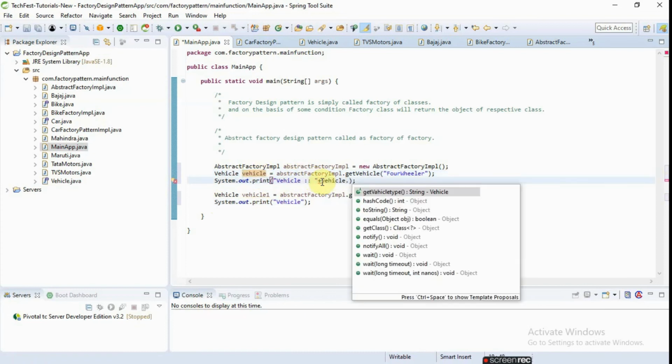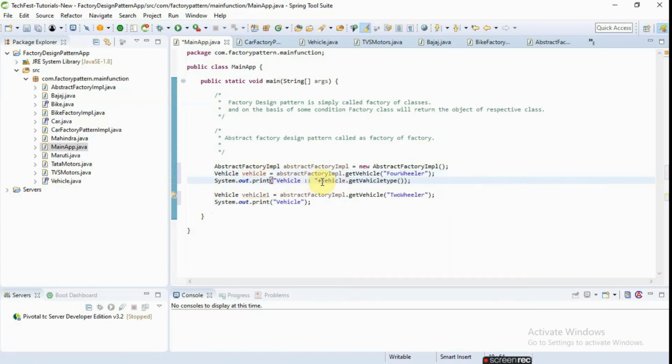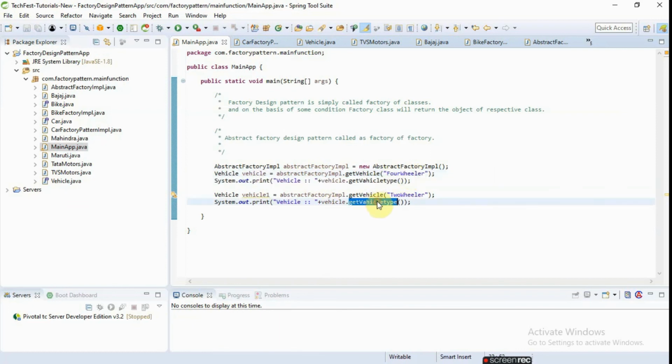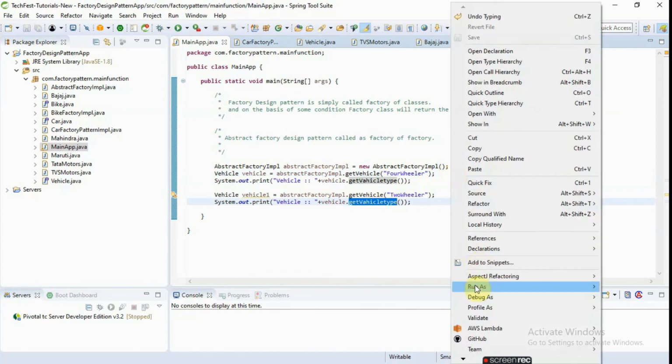As we know that we have one get method of vehicle type, so we can call here electric, and similarly we can call the same method from here. In this case it is basically returning a four-wheeler, and in this case it is returning a two-wheeler factory class. So let's just run.